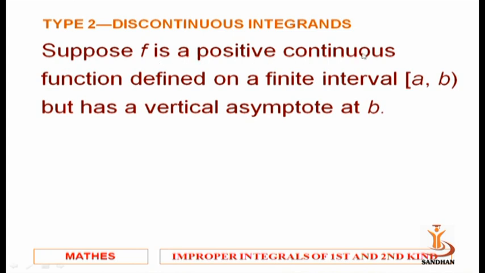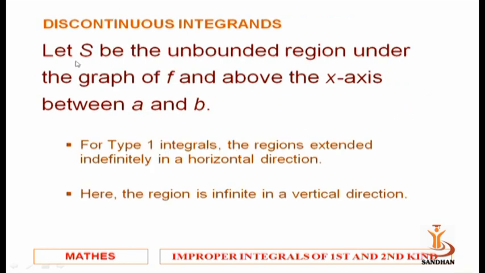Suppose f is a positive function defined on a finite closed interval a b, where at b the function is not defined and has a vertical asymptote. A new word, asymptote. Asymptote does mean a point, say b, where the function is not defined. Let S be the unbounded region under the graph of f and above the x-axis between a and